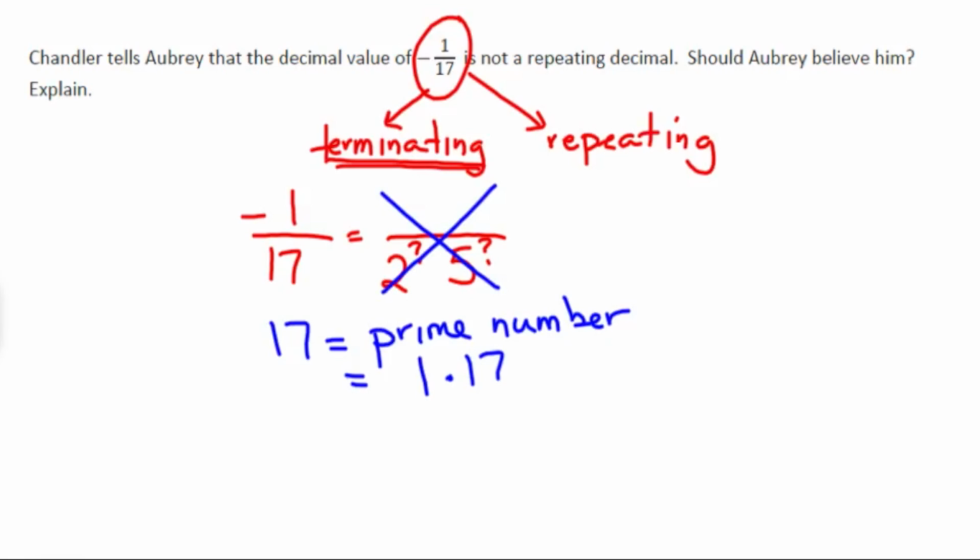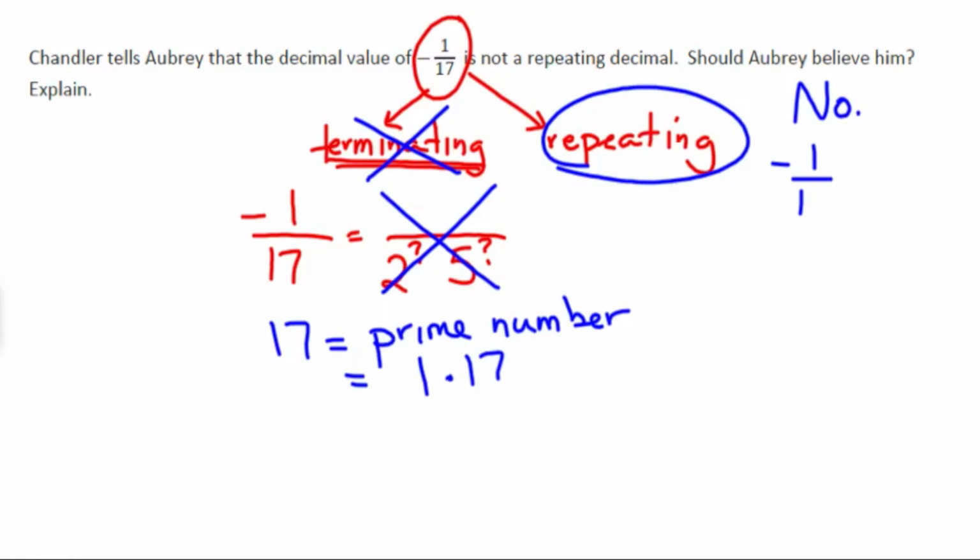Well, that means that this is not a terminating decimal, which means it is a repeating decimal. So therefore, should Aubrey believe him? The answer is no. -1/17 is a repeating decimal. Again, and that's because it does not